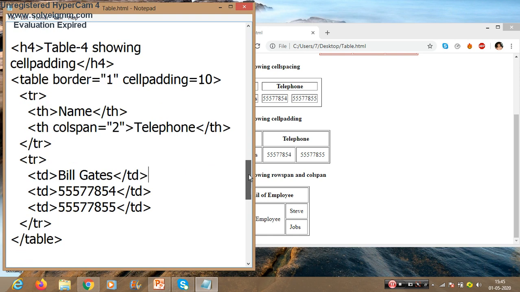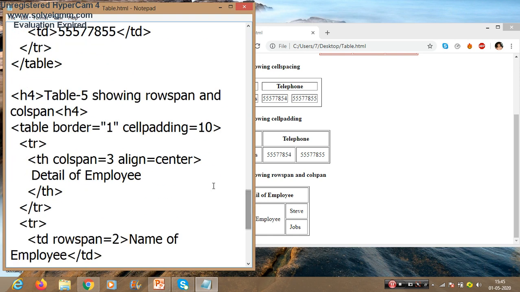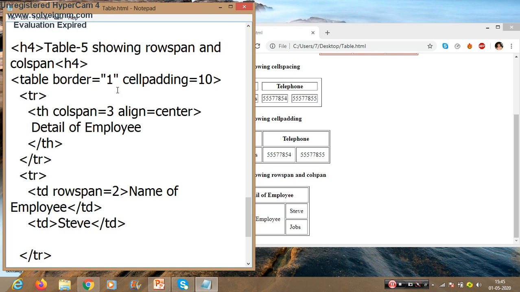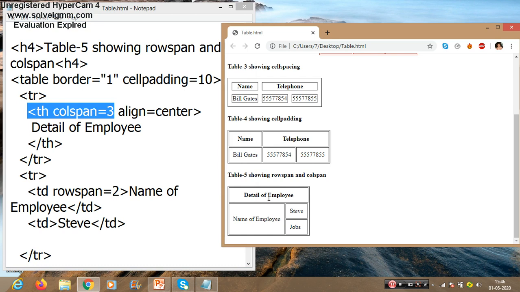In the next video, I have discussed row span and column span. Row span means we want to combine 2 or 3 rows, and column span means we want to combine 2 or 3 columns. First of all, I have already taken cell padding. First of all we need to write the tr tag, and I have taken column span in my table heading tag. Right, column span means we will combine 3 of the columns together. You can see here 3 of the columns together, and then the text alignment should be in center. The things that we are going to write here should be in the center.